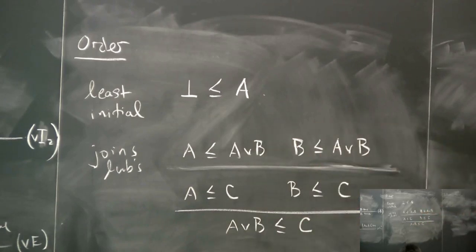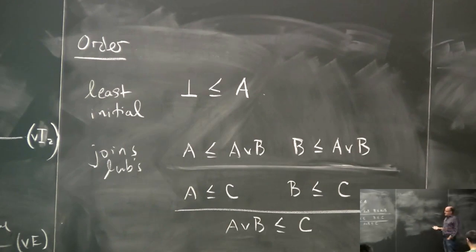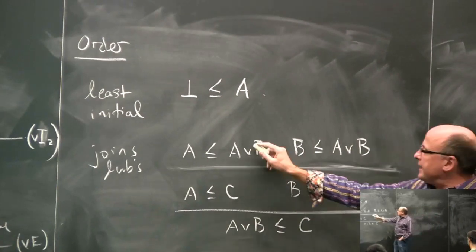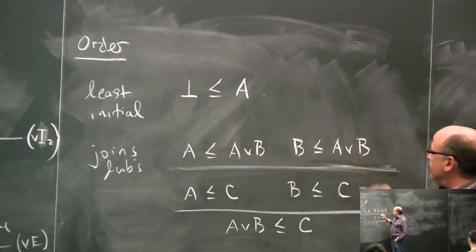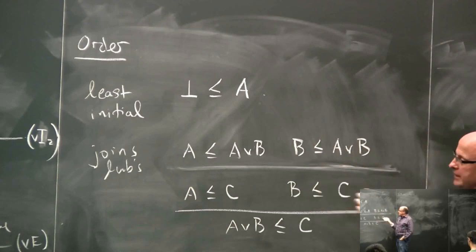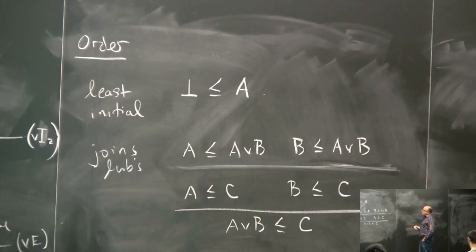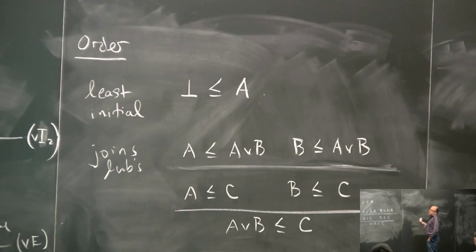If I were working modulo these equivalence classes, it would be unique, because you can check for yourself. If I had two, like a join and a join prime here, you'd be able to show that the join and the join prime are interprovable and therefore equal. That's what would happen in the partial order case. So it's unique, or you can say it's unique up to logical equivalence. That's just depending on how you like to talk about it.